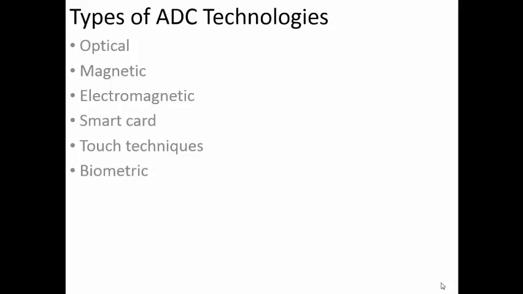Next one is a smart card. So the smart card again will be having a microchip into which the information is stored. Nowadays smart card technology is used in ATM cards which have an inbuilt chip. This chip will contain the information. When the chip goes near the reader, the information is passed on, it will be decoded, and the further processing is going to take place.